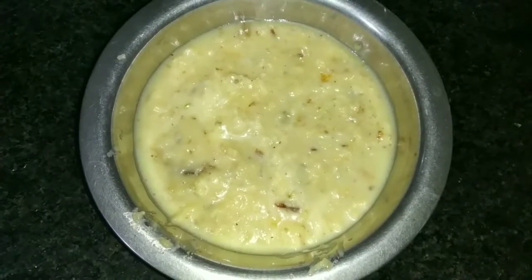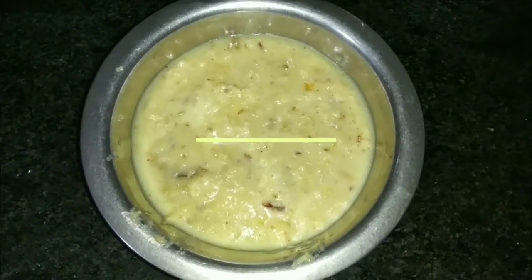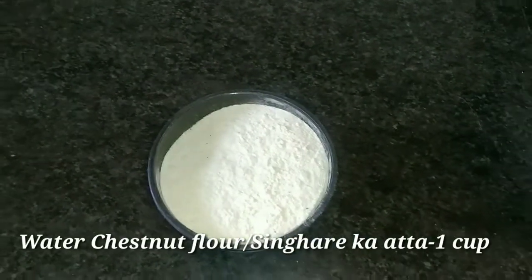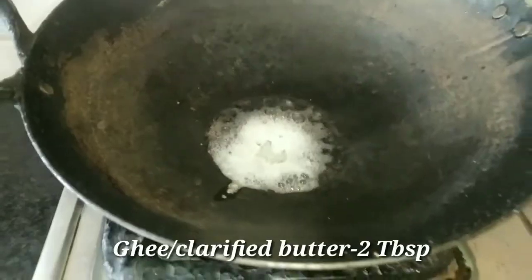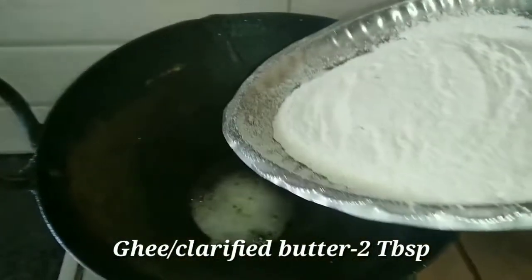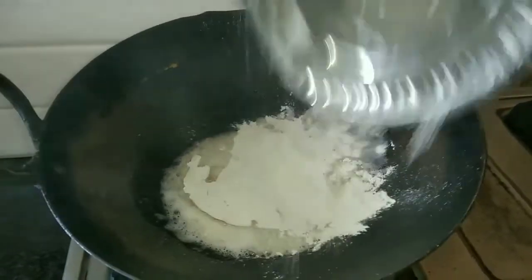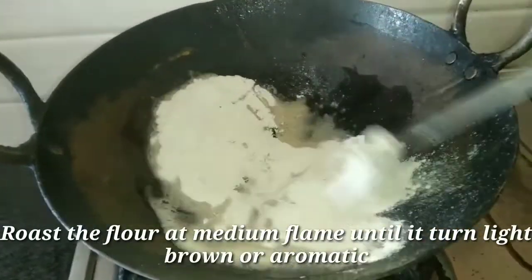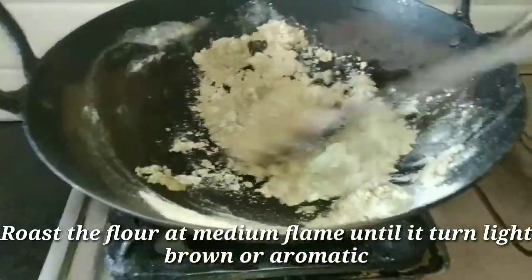Our next recipe is Singare ka Halwa. Halwa is a very popular sweet dish, also known as pudding. We often make halwa with suji, atta or besan, but during fasting or vrat, we often use Singare ka atta or kuttu atta. Now we are making the halwa from Singare ka atta, also known as